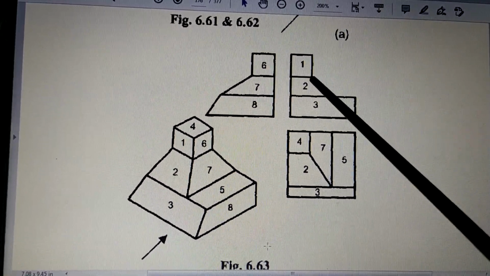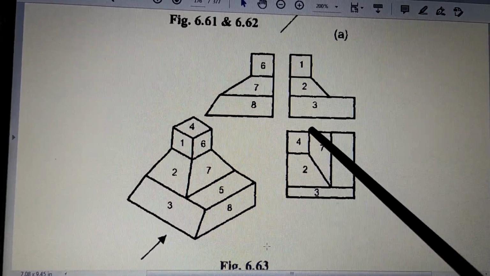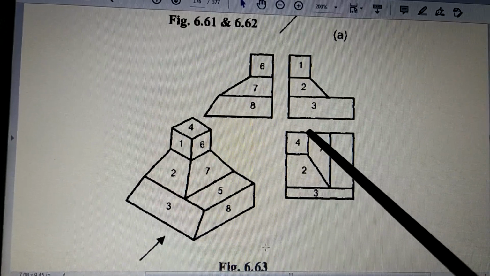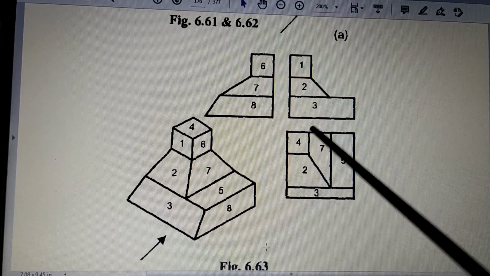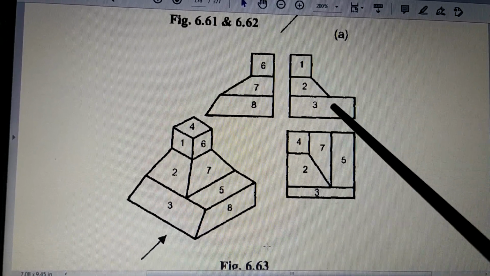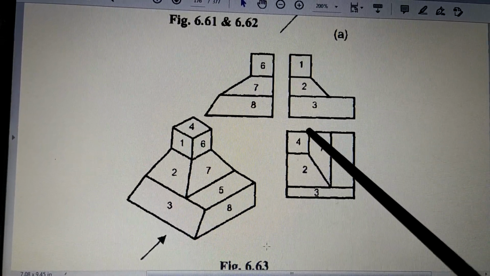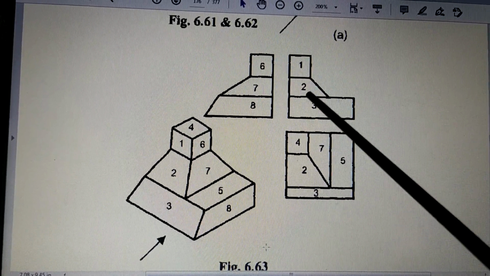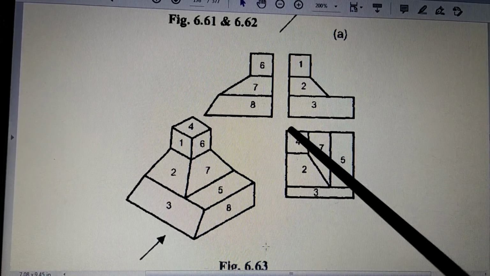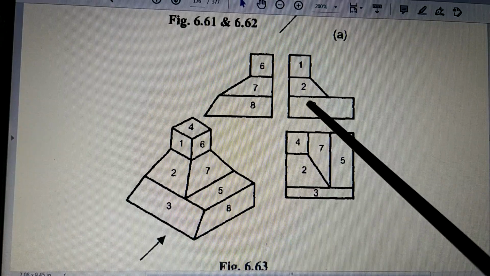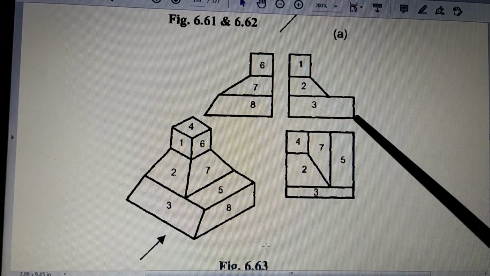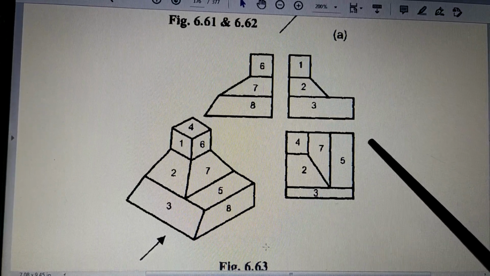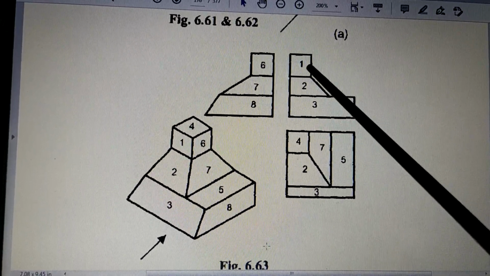So when you draw, you have to draw one construction line. You know what is a construction line? It is a line which is drawn very, very light. You have to apply very less pressure by pencil and draw this line so that it will come in one perfect level. And then this is the object line, so this has to be drawn dark. If you draw this line also dark, then what will happen? You will not be able to realize where is the object and where is the construction line. So our focus should be on the object. Therefore objects are drawn dark, other things should be drawn light. But they are there, they should be drawn.